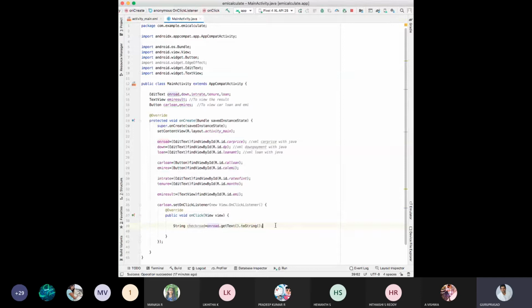Okay, check on road. Next, we are taking the down payment edit text value, get the text and toString semicolon, and we are storing it to the string. Which string? Check down. Okay, check down.